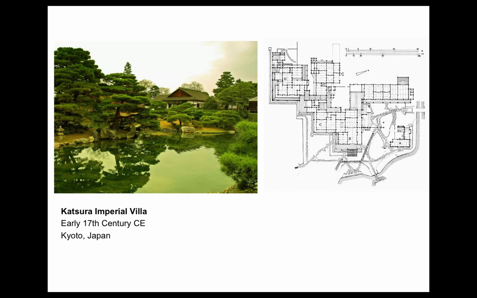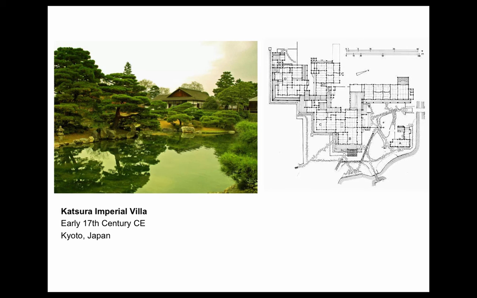So here's an important example of Japanese architecture, Katsura Imperial Villa. So long story, there was an emperor, he didn't have any heirs, he adopted a son, he was trained to be the next emperor, and then the emperor got an heir. So what do we do with this guy? So build him a villa and he can study poetry. He can write poetry. So it's Katsura Imperial Villa.